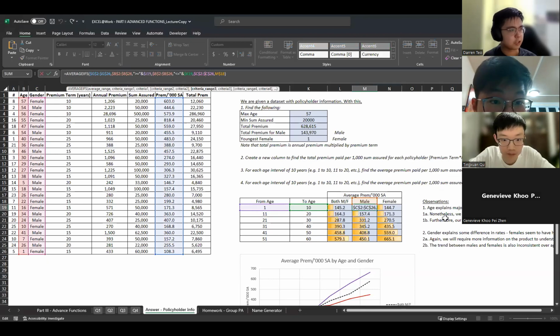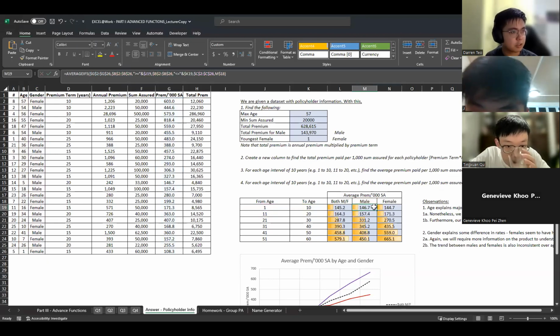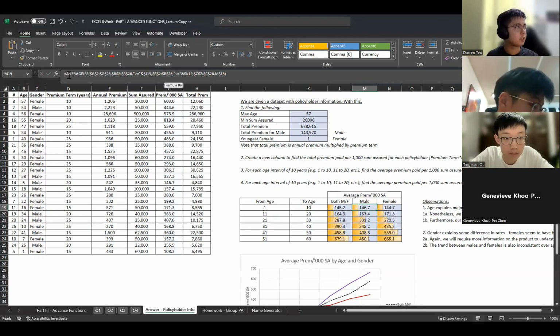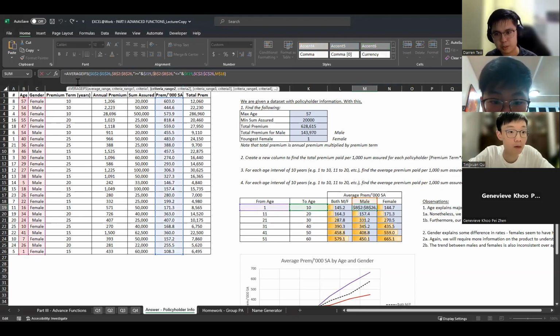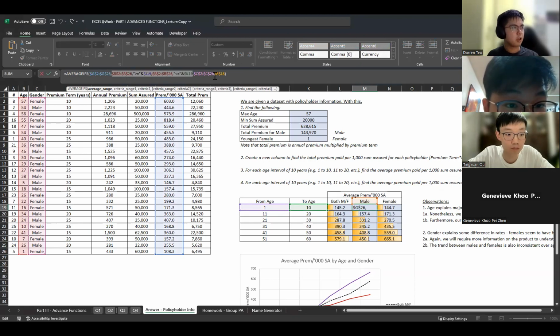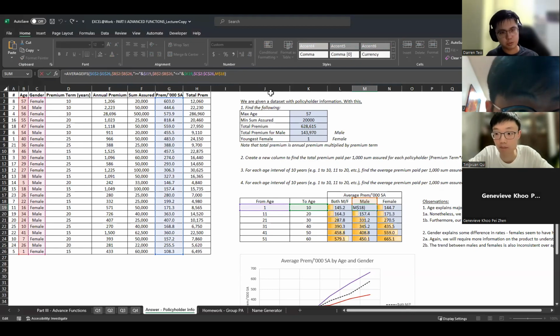Yeah, but interesting idea. Okay, so I think Ting Shen got everything right, and the formula is quite straightforward. It's just using AVERAGEIFS. The idea of AVERAGEIFS actually works the same as SUMIFS. So you have a range here. You start with the range that you want to sum or average, and then after that you list all the different criteria over here. So the idea works the same. You don't have to be so worried about how the formula works overall.